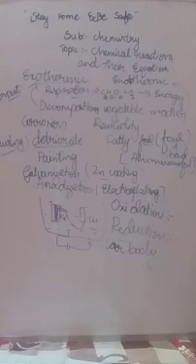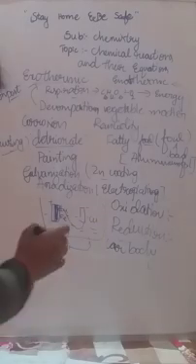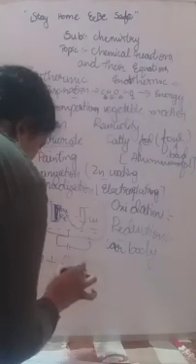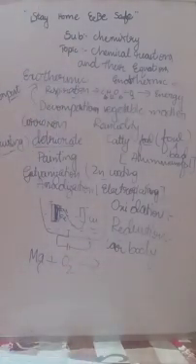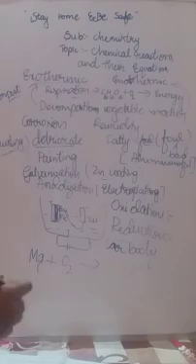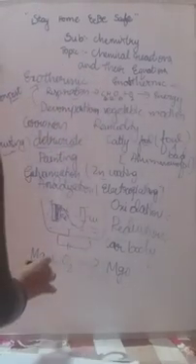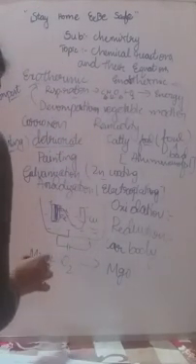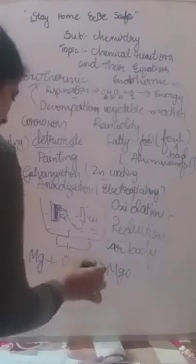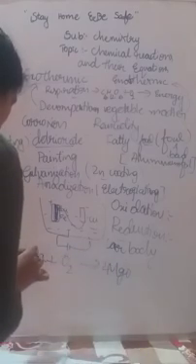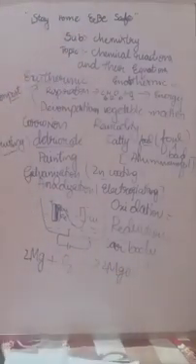And one more thing, magnesium is a very important metal which catches fire easily. Yesterday I told you that for the burning process, oxygen is required. When magnesium undergoes burning or a combustion process, it forms magnesium oxide. Is it balanced? Check once whether it is balanced or not. Mg is balanced, but oxygen is not balanced. So you have to put 2 here. Now oxygen is balanced, but Mg is not balanced. You have to put 2 here also. Now both are balanced, right?